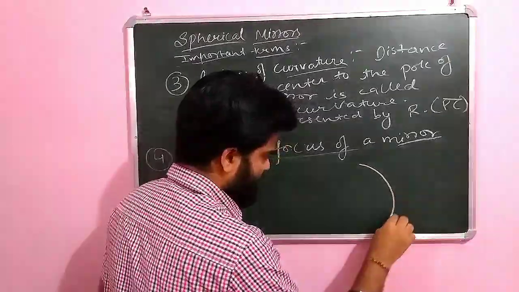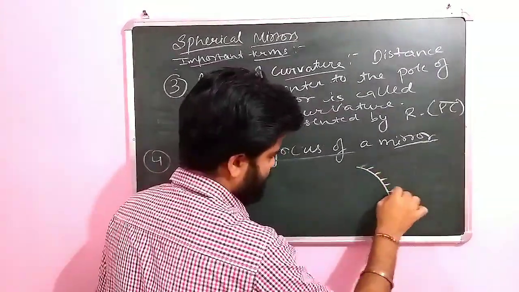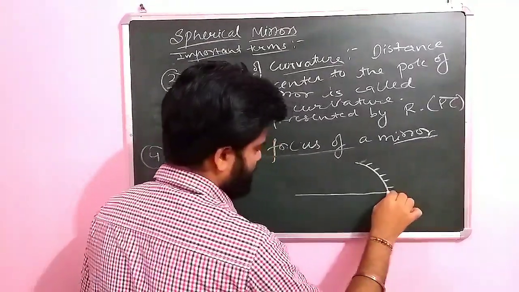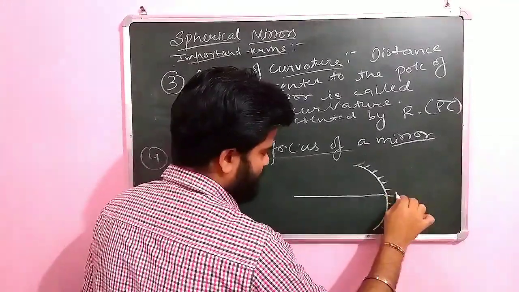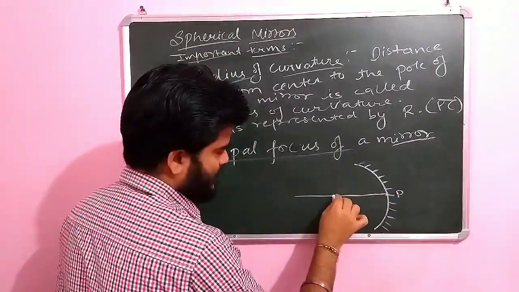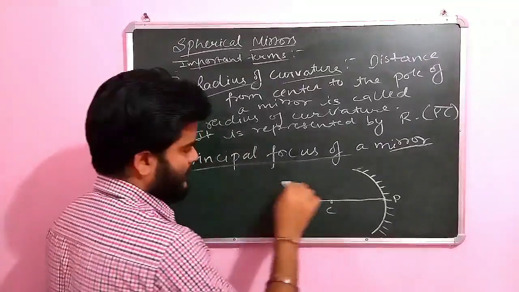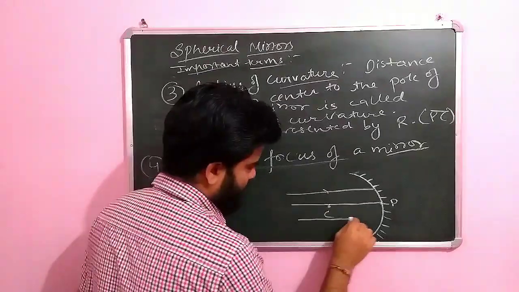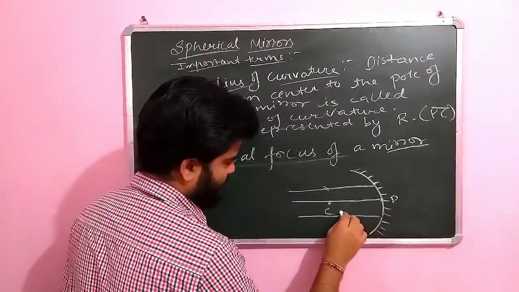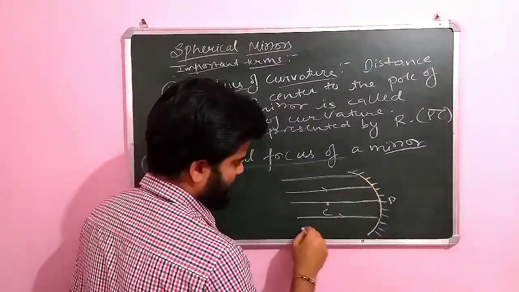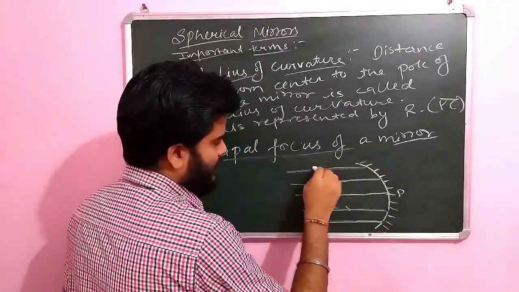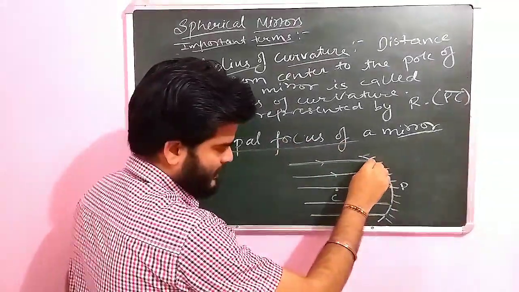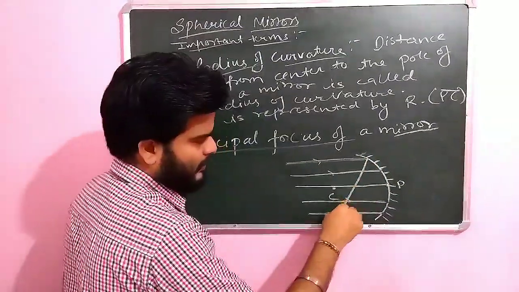See students, if this is a concave mirror, this is pole, let's say this is center. If the parallel beams of light, these are the parallel rays of light, when they are incident on the reflecting surface, after reflection they all will